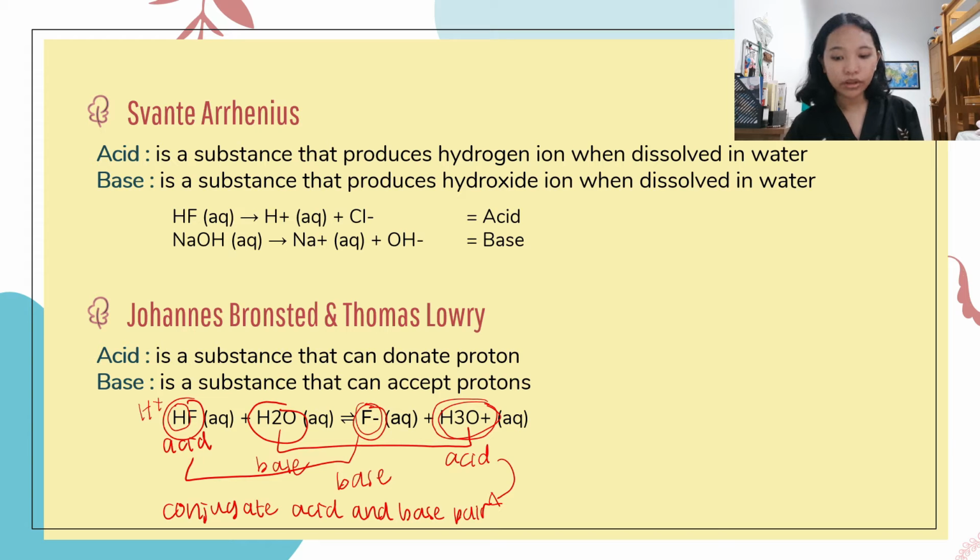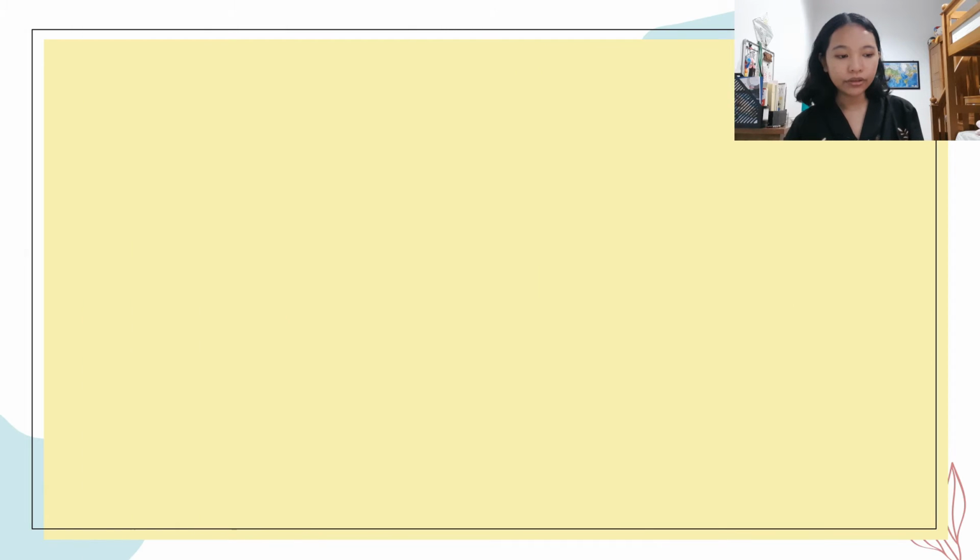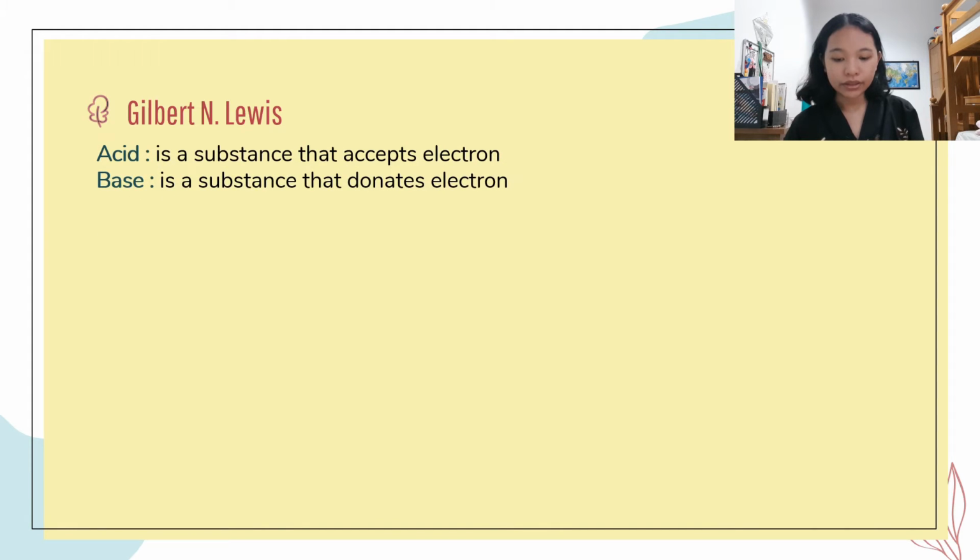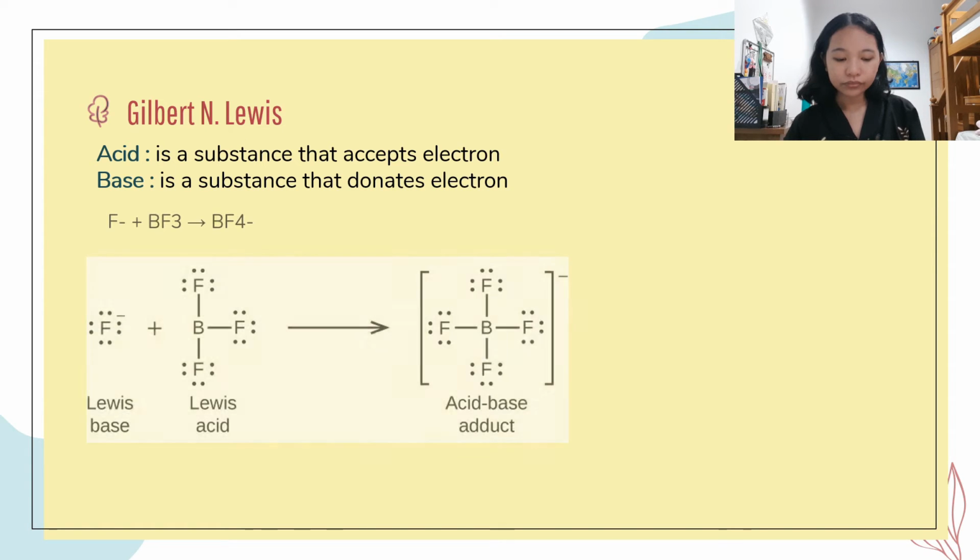Well, let's move on to the third theory or definition of acid and bases by Gilbert and Lewis. So he said that acid is a substance that accepts electron, while base is a substance that donates electron. So this is a Lewis structure of the chemical equation fluorine ion plus BF3 yields BF4 ion. So here we can see